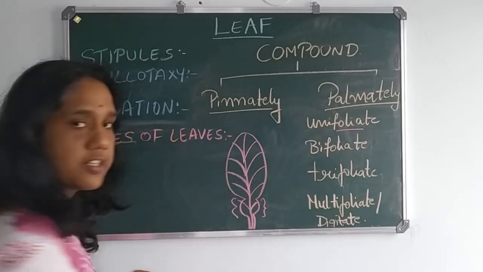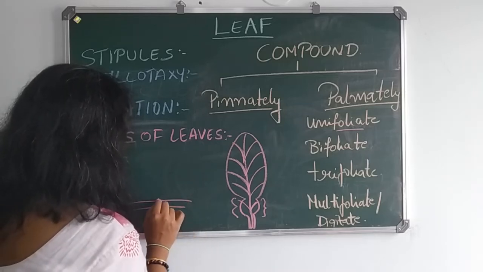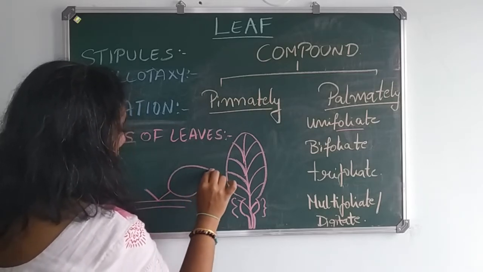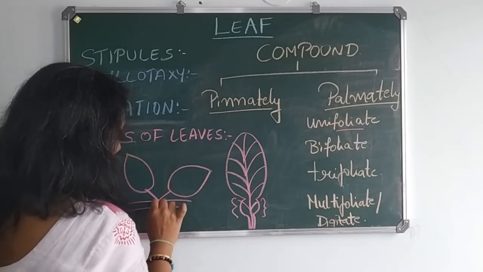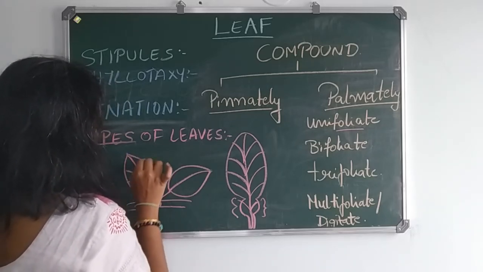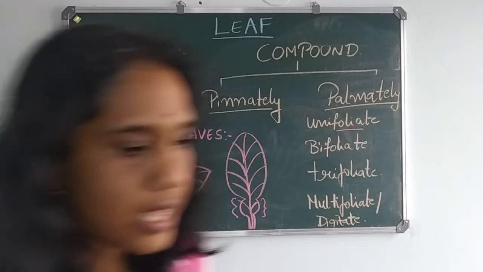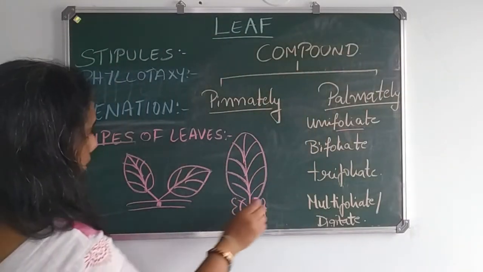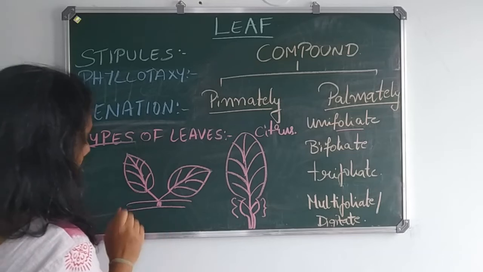Example for the unifoliate. Bifoliate is that, say suppose if this is the stem and this is the petiole, the two petioles will be there, and two leaves are going to arise from a single petiole, I mean, from a single node. Now, if this is the node, two leaves are going to arise on either side, and this is called as bifoliate. Example for the bifoliate is Balanites. So example for unifoliate is citrus. Example for bifoliate is